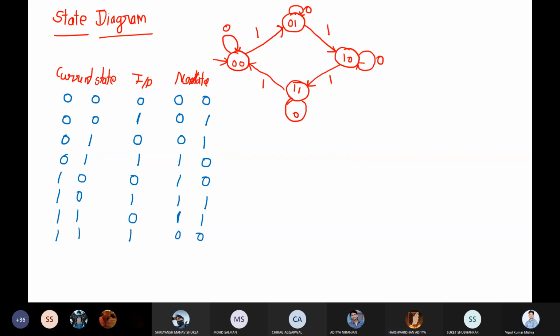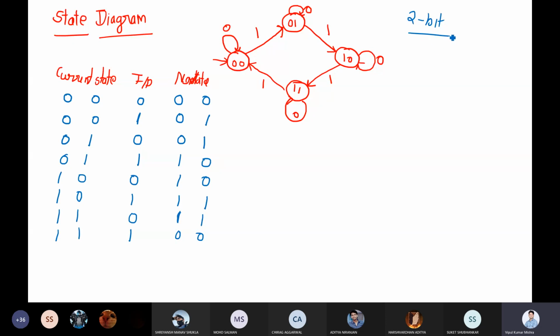Now, one important thing: I want to store this state information. In order to store this information, how many bits do we have to store? 2 bits. Right, I want to store 2-bit information, because every state has only 2-bit information.